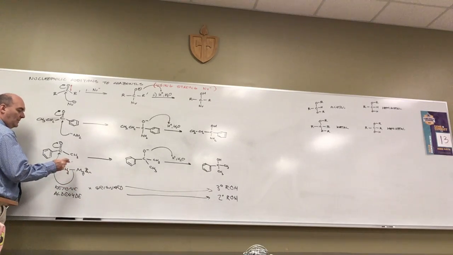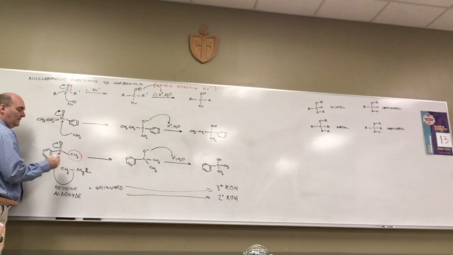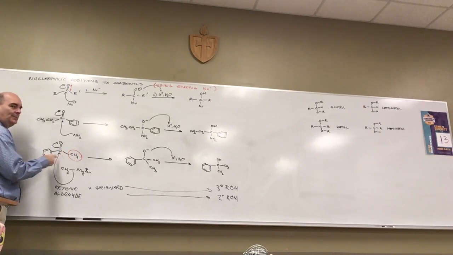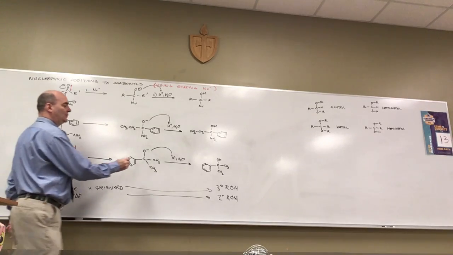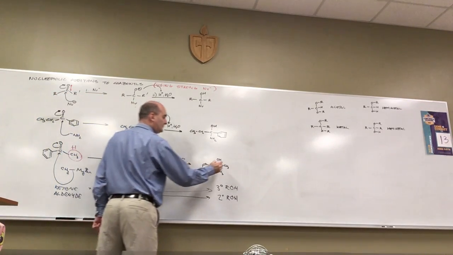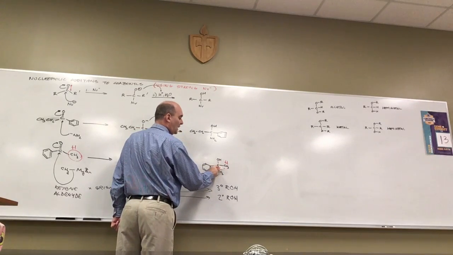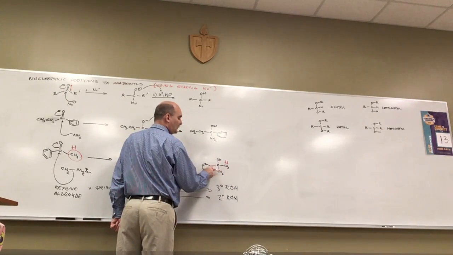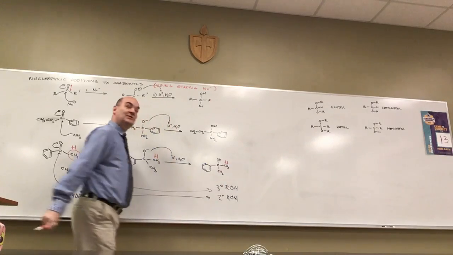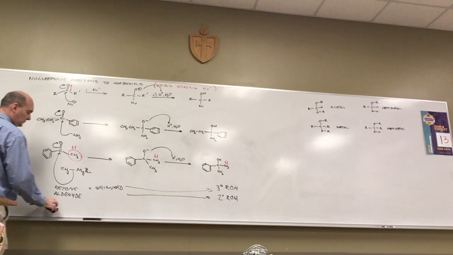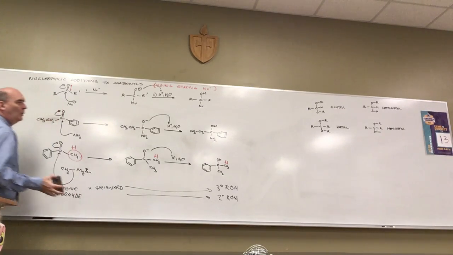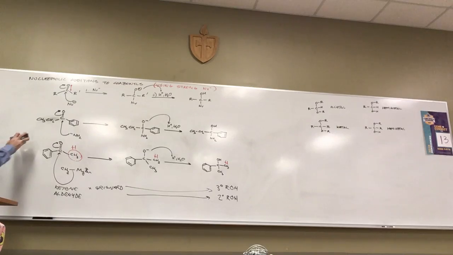Ketones versus aldehydes. All right. This is a ketone because it has carbons on both sides of the carbonyl. If I swap out the methyl for a hydrogen, then my carbon is only bonded to two other carbons. It's now a secondary alcohol. There is one more powerful nucleophile that we have to address.